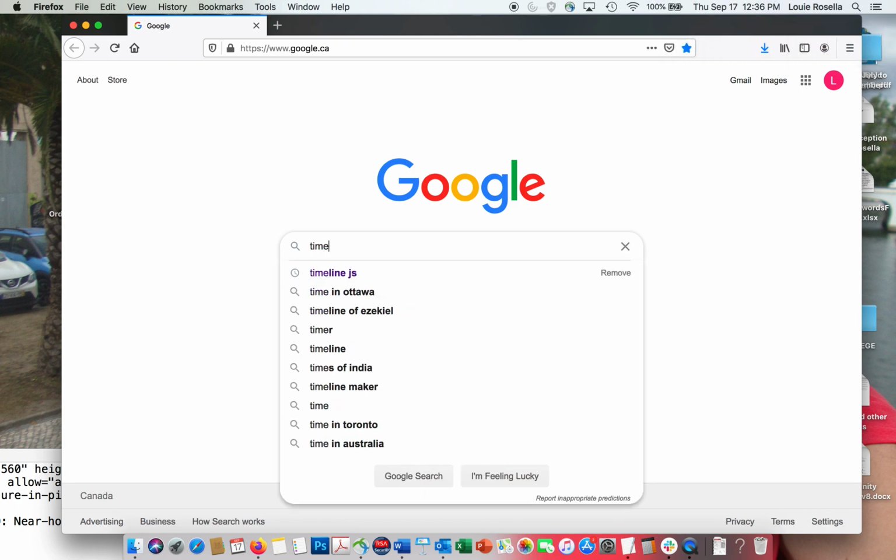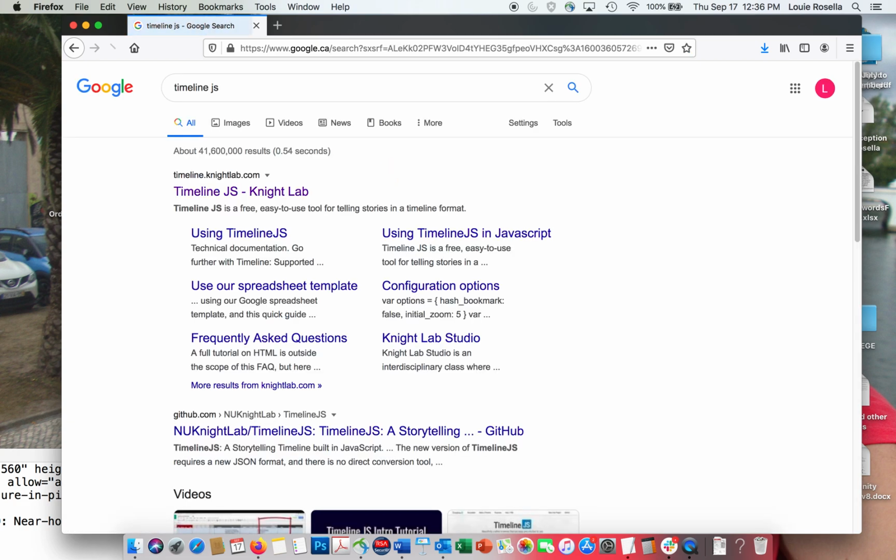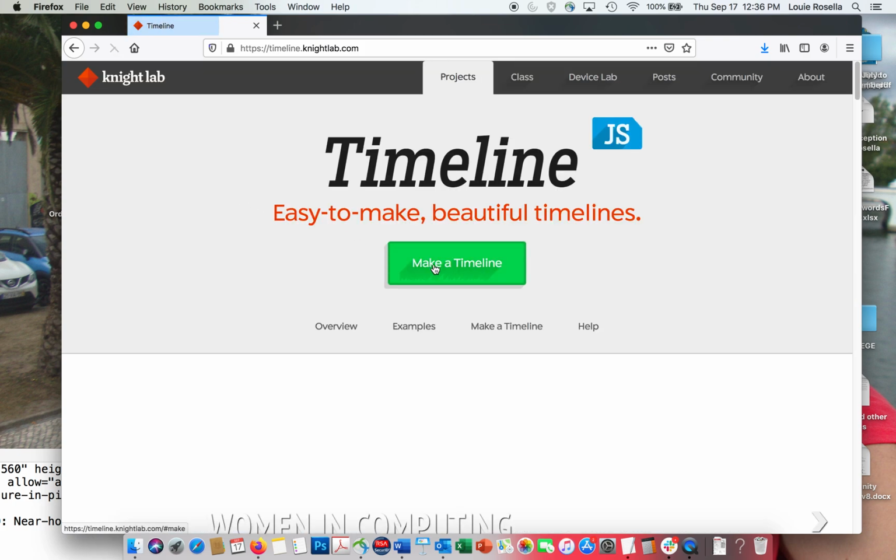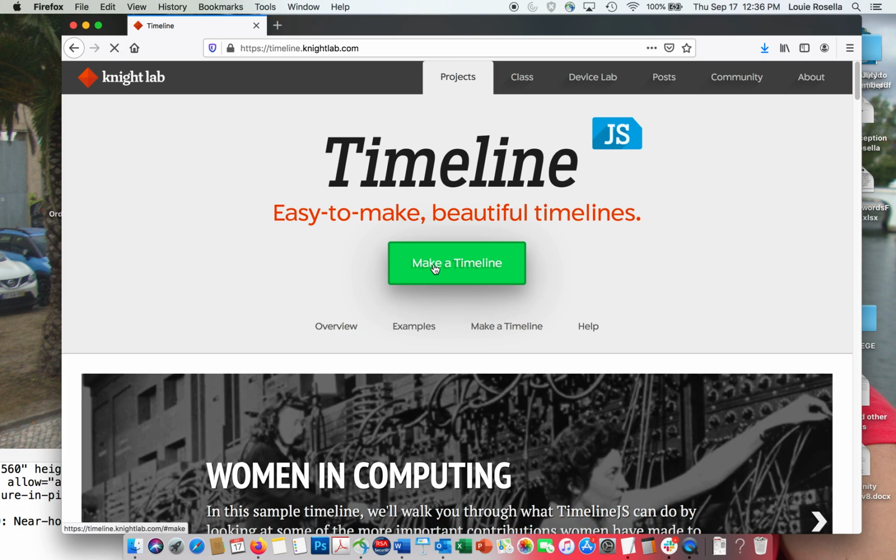So we're going to start by going to timeline.js. Very simple way to find it on Google. You just hit timeline.js, and you are going to make a timeline. Now, before you click on this, you should know that